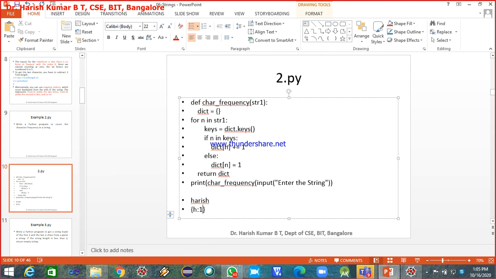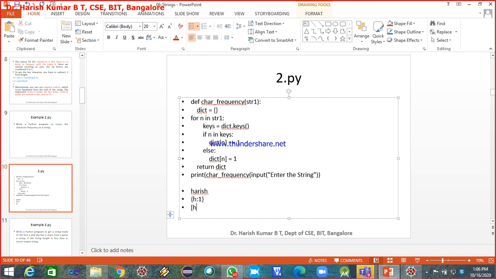Okay, and then go back to the for loop again. So the next character which is scanning from the string is a. I come here and again I extract the keys. How many keys are there right now in the dictionary? There is one key, that is h. Now n is nothing but a, so is a in keys? A is not there. That means again it will come to the else part, and it will make dictionary of a. That is, key is a, and this has occurred for the first time, and it is 1.